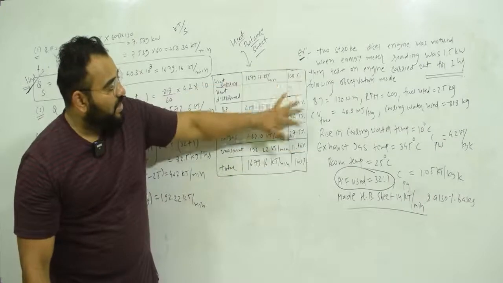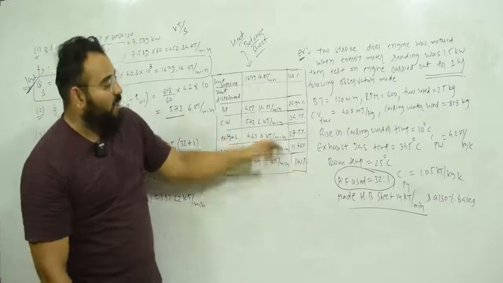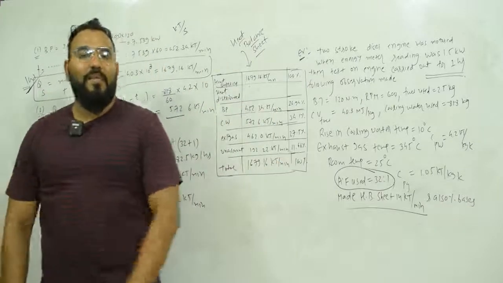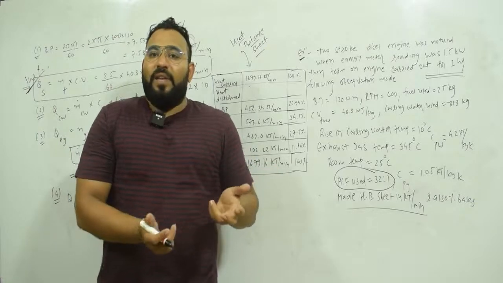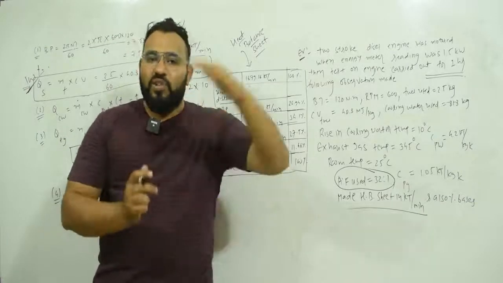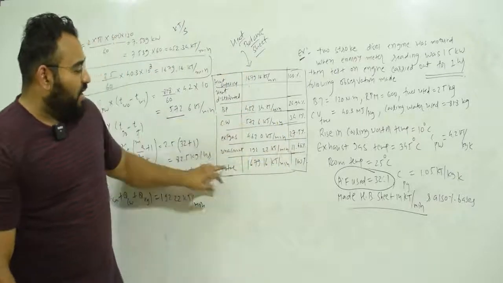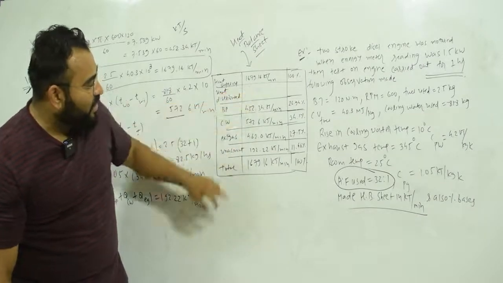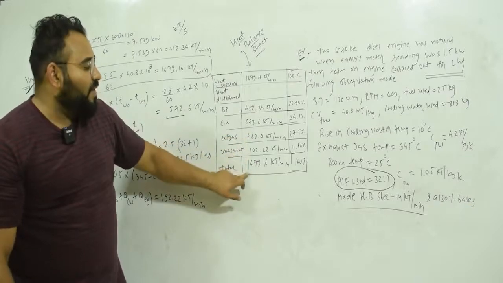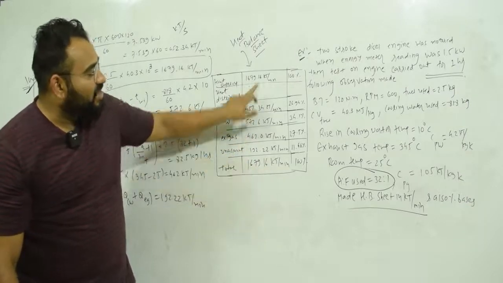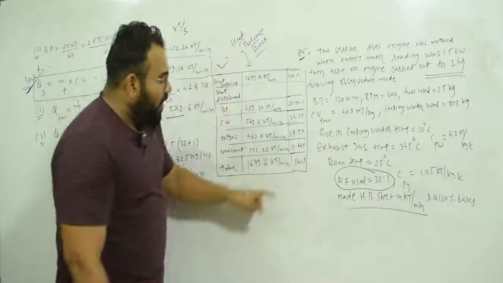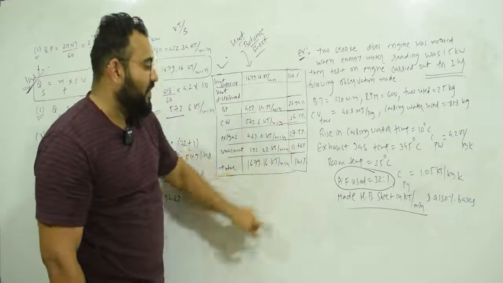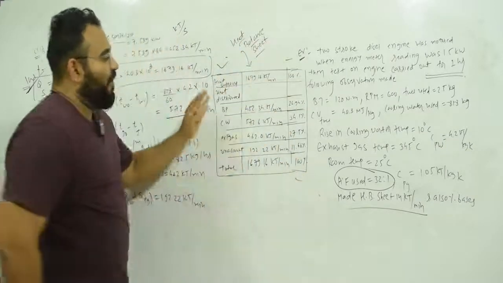If this is 100, then this total must also be 100, because this is spending. If I give you 100 rupees, out of which you have used 20 for chocolate and 30 for ice cream, then the remaining 50 you used for some activity. So the total must be 100, and the balance is 0. So the summation of the spending should be equal to the heat supplied. I will do the summation of these four and it will be equal to 1679.16. So this is checked, and your heat balance is perfect. Also verify that the percentage summation is equal to 100%. So the percentage is also verified. This is your proper heat balance sheet.